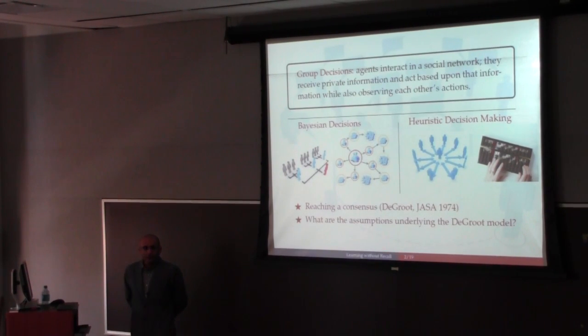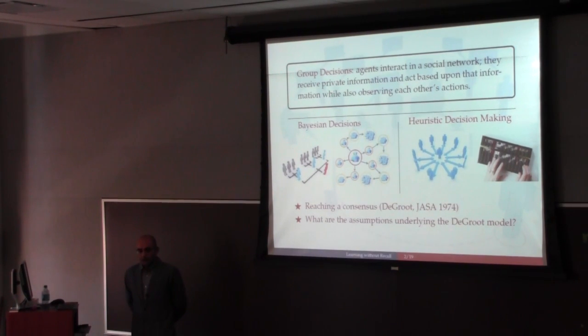Group decision scenarios are a very intuitive thing, so you don't need much introduction. A good example is a business meeting when different people are trying to come up with the best policy. They interact with each other, they exchange opinions. Each of them has some private information that is the basis for their recommendations. And after interactions and after deliberation, they come up with a policy that they think is best.